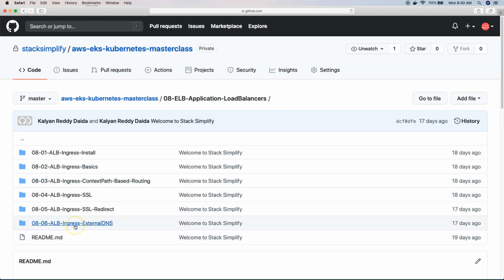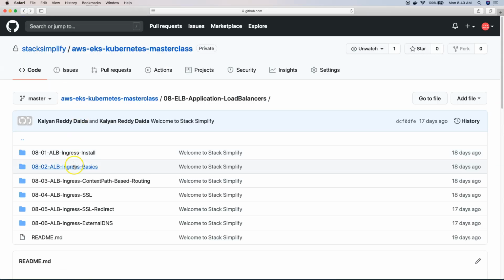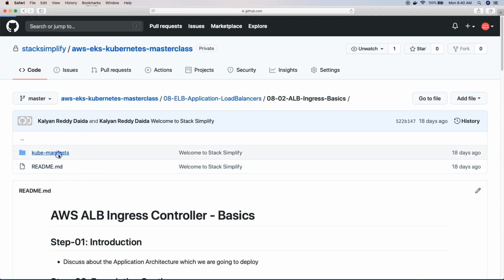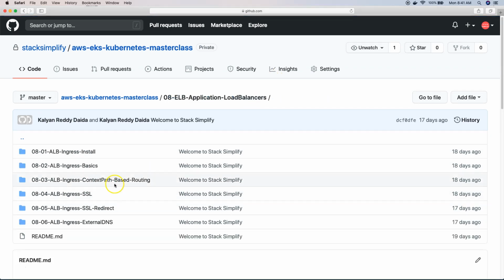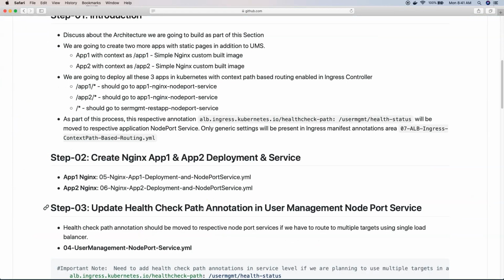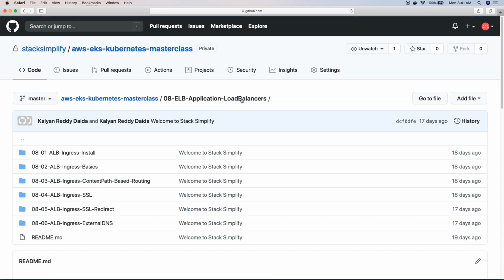We have everything documented in a step-by-step manner: how to install your ingress pod, what you need to do after the ingress pod, and in the ingress manifests you will also see everything documented step by step. Everything is implemented in a step-by-step manner. So let's rock this section now. I'll see you in the next lecture. Until then, bye bye. Thank you.